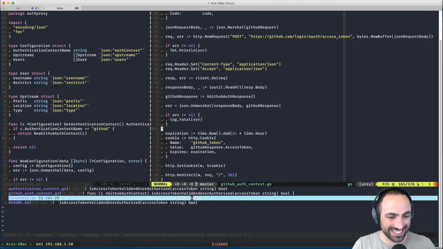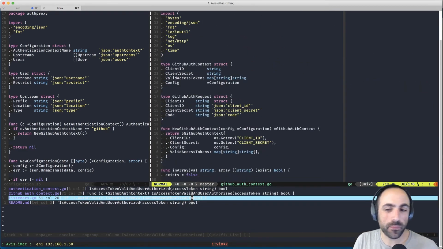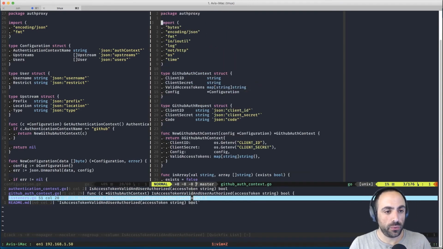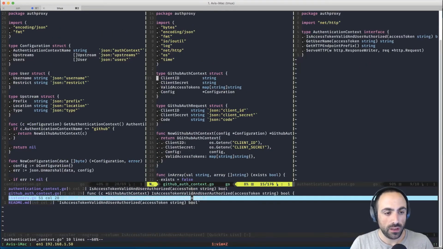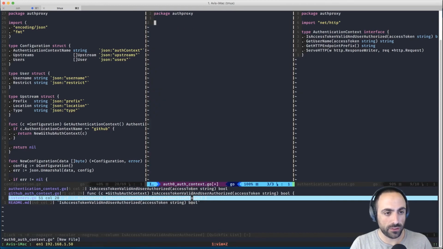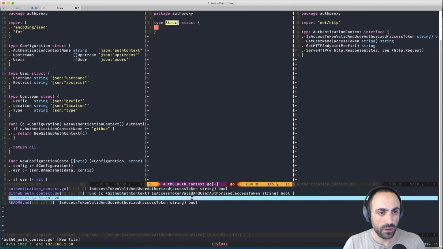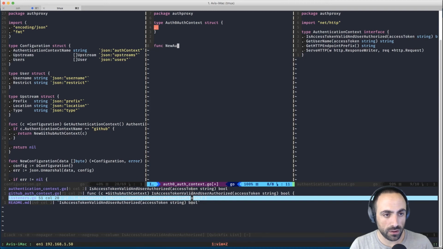Okay, great. So where are we now? Let's go ahead and do the auth context. What we're going to do is create a file called Auth0AuthContext.go, and this is going to be a struct of Auth0AuthContext. Then a func, which is NewAuth0AuthContext.